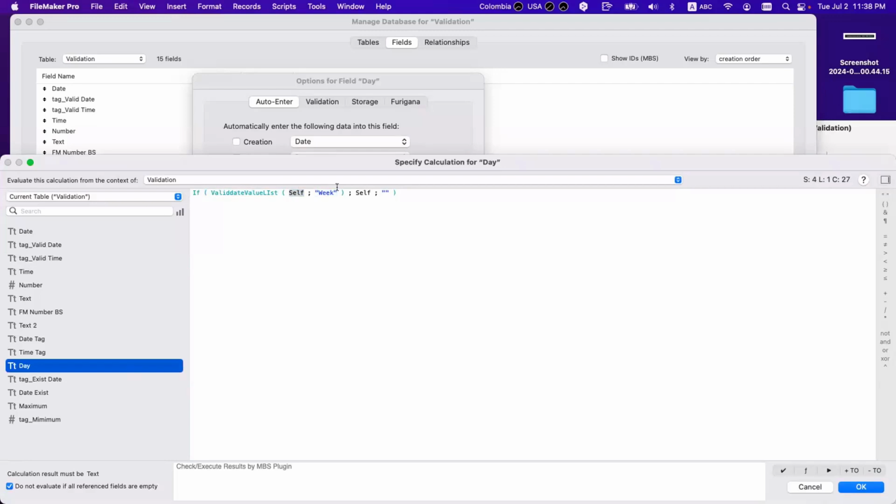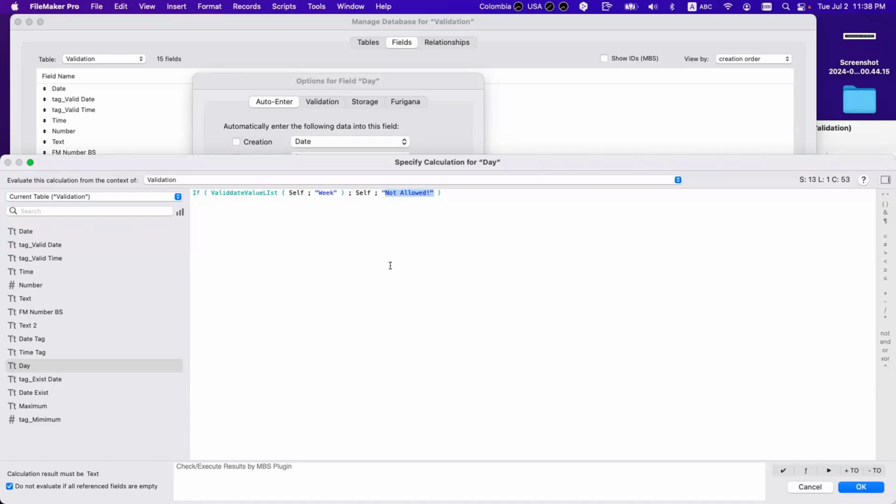If that's true, keep what you typed in the field. Otherwise, blank it. Or you can do a "not allowed" message, if you want.